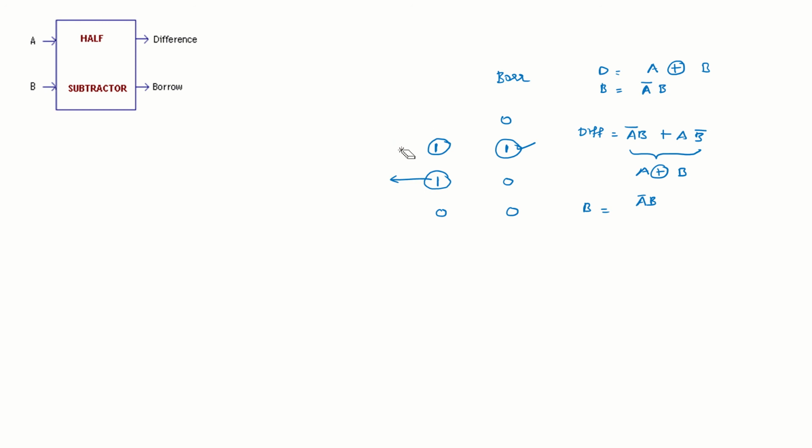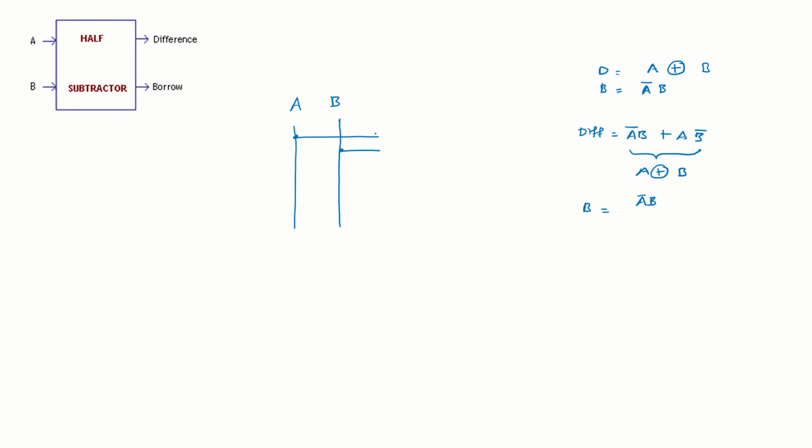It's pretty easy. Now we have derived the expressions, and what I'm going to do is I'm going to draw the circuit for the half subtractor. It's very easy. Let's draw it right now. What are all the inputs? As we know, A is one input, B is another input. Let's draw a straight line. Though it doesn't appear so straight, please adjust with it. Now, what is difference? The difference is nothing but A XOR B. This is A, this is B.